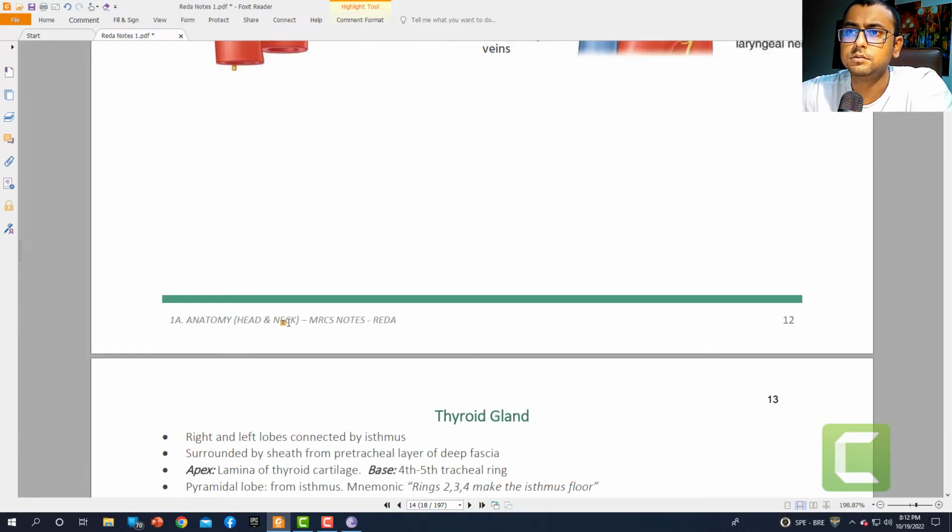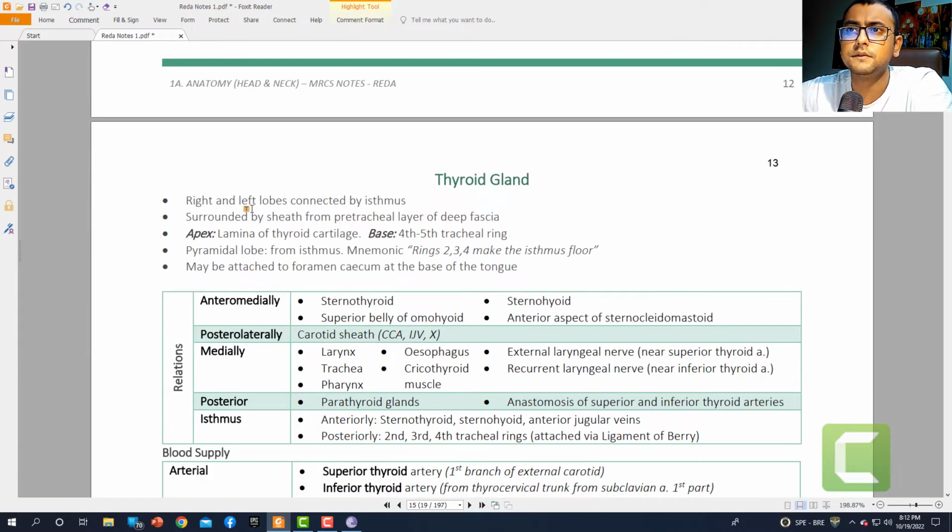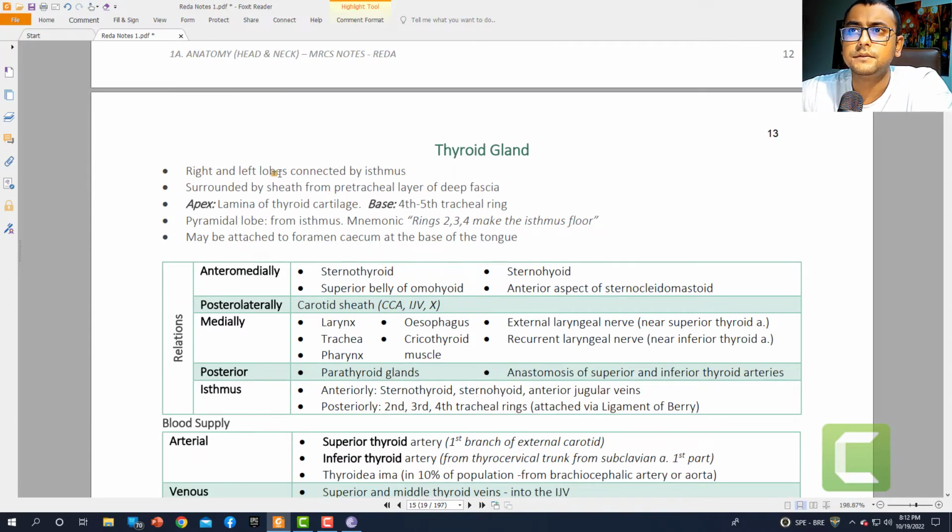Okay, so now the thyroid gland, the right and left lobes connected by the isthmus. They are surrounded by the sheath from pretracheal layer of deep fascia. So thyroid gland is attached with the deep fascia. And the apex at the lamina of the thyroid cartilage, base at the 4th to 5th tracheal ring. And the pyramidal lobe, present from the isthmus, and may be attached with the